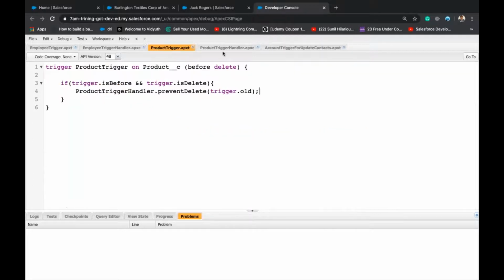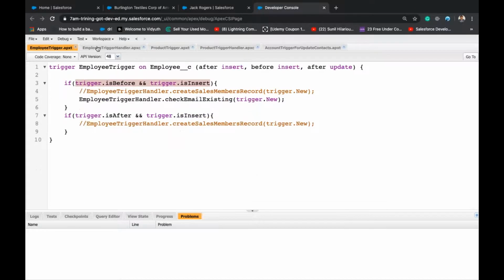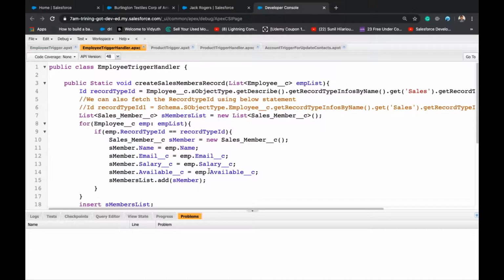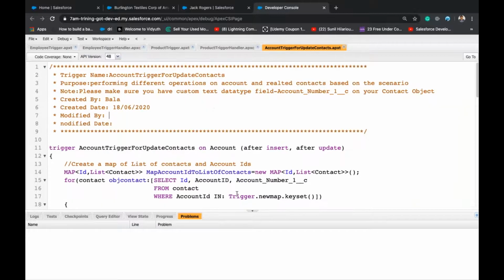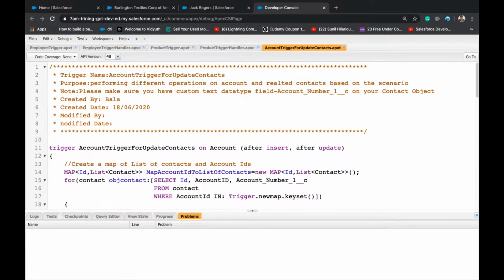I'll send you all the codes. Okay. So this one, both. So you should solve this by tomorrow or by Monday. I won't force you.